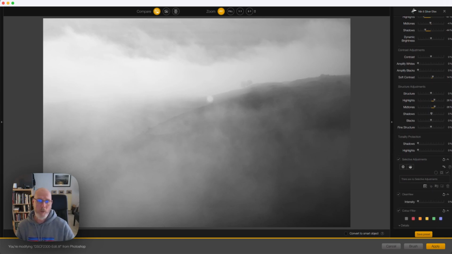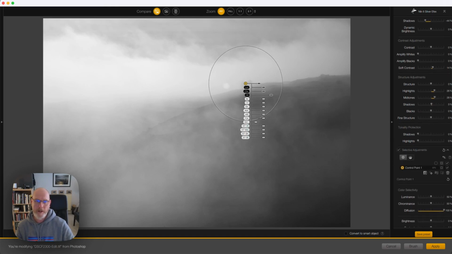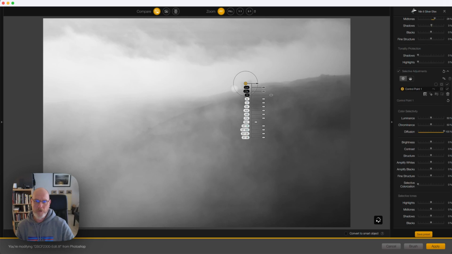So the next thing I want to do is bring in a selective adjustment here, probably more so over the trees here. I want to really make them stand out. So let's add a control point. Let's bring that... that's going to be horrible. So let's bring... nope. If we can't do anything there,